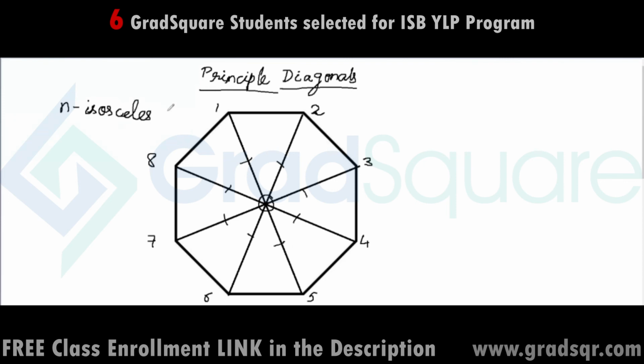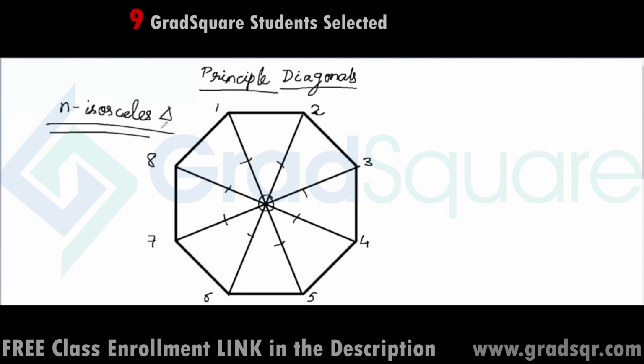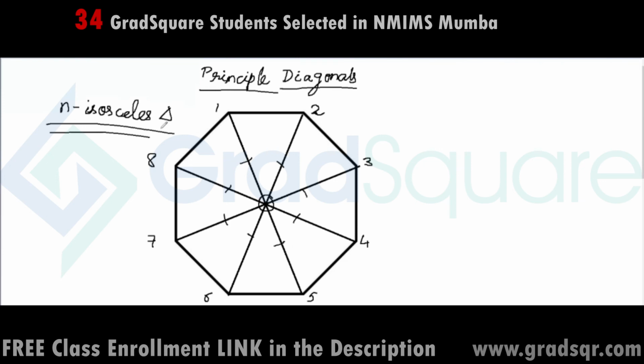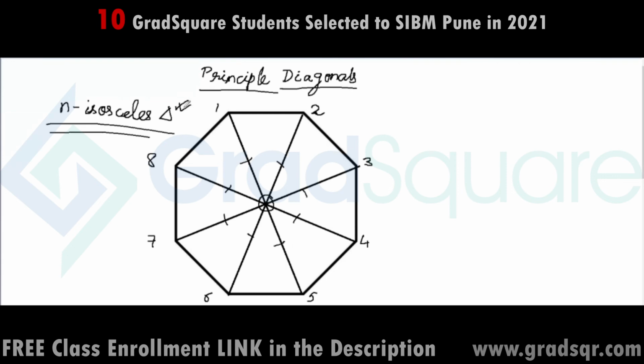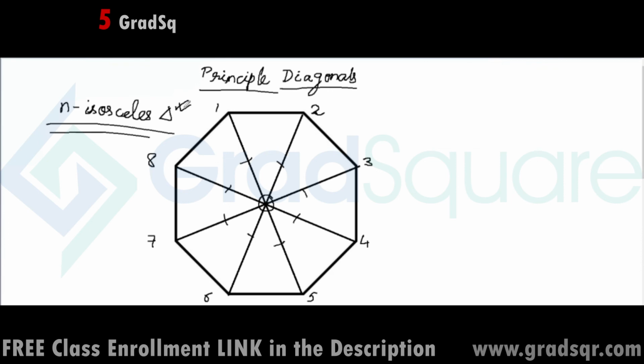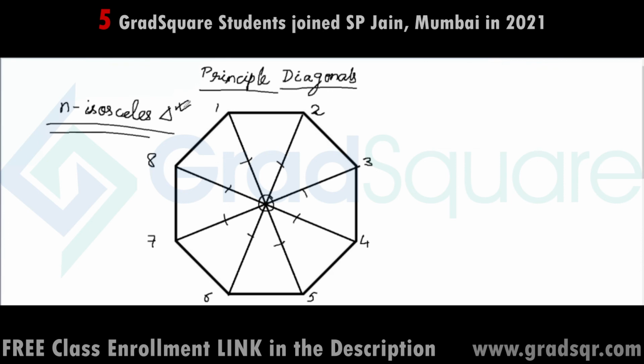Each of these triangles is going to be an isosceles triangle. So from the center of a regular polygon with an even number of sides, when we join the n vertices, it divides the regular polygon into n isosceles triangles. This is true for the center of all regular polygons with an even number of sides, apart from one single special case.